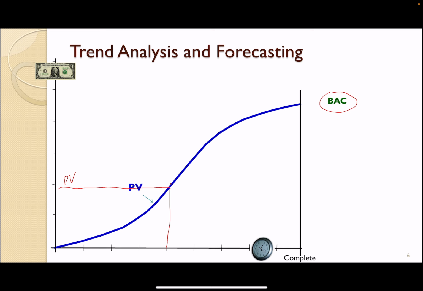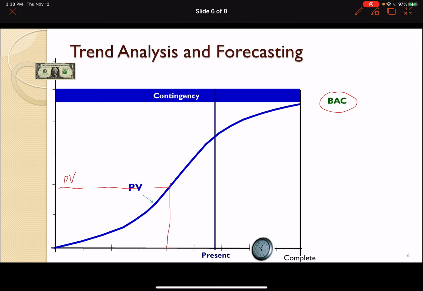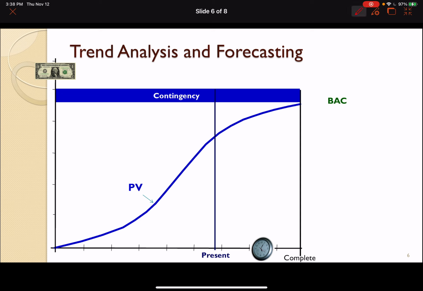That is PV, and then we have contingency in real life, and you did that in project 1. We put contingency to capture some uncertainty in the future that the project may face and may have problems with cost and schedule. And then at the present time, let me erase that here, clear marking. At this present time, we have PV at that point, and then we are